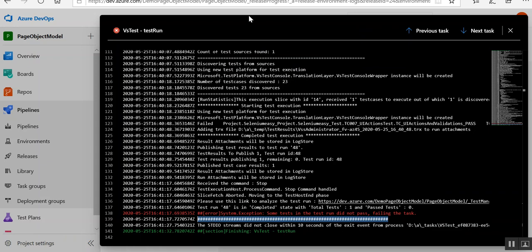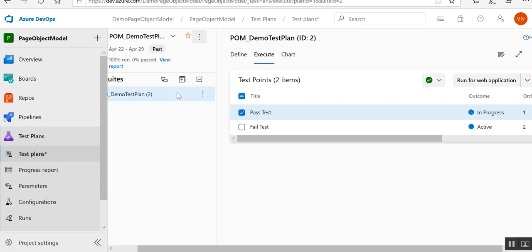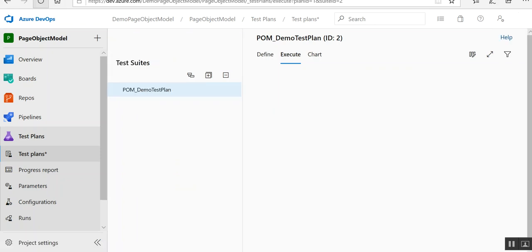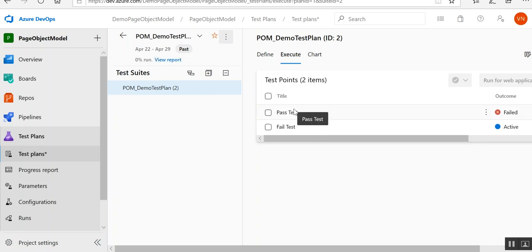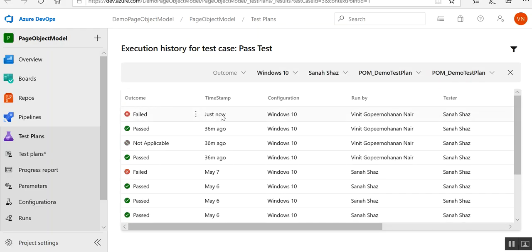Okay, so what we'll be doing is we will go to the test plan and we will refresh the task. So you can see that it has failed. It got updated here. You can see that now the test case status is failed just now.